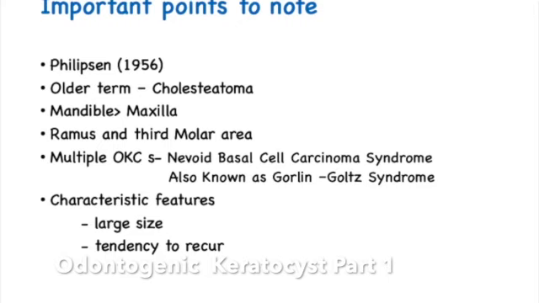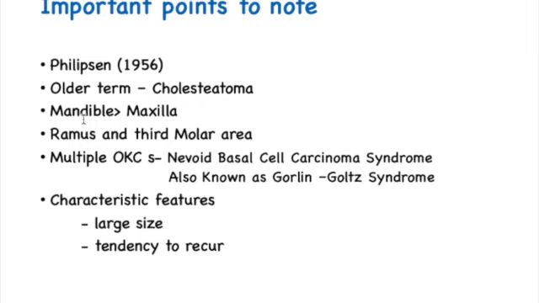The term odontogenic keratocyst was coined by Philipsen in the year 1956 when he was just a senior dental student, learning under Jens J. Pindborg in Copenhagen. It was previously called cholesteatoma. Very commonly, this lesion occurs in the mandible in the ramus and third molar region, and it is mostly a solitary lesion, but it can happen in multiple sites in association with syndromes such as nevoid basal cell carcinoma syndrome, also